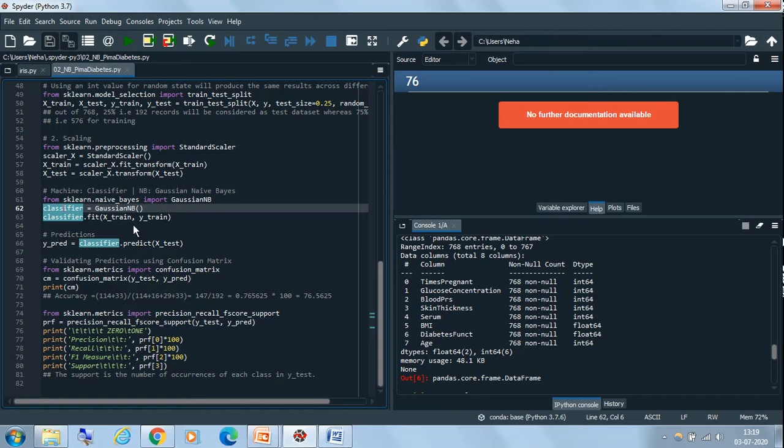Now once I use classifier.fit, that means my model is ready. It is already trained on the training data set. The next part is to check whether it is properly trained or not. How do I check? By providing the test data set and checking the predicted results. For that I will use the function classifier.predict, and the parameter that we pass to it is x_test, because that is my testing data set. The results are stored in y_predict.